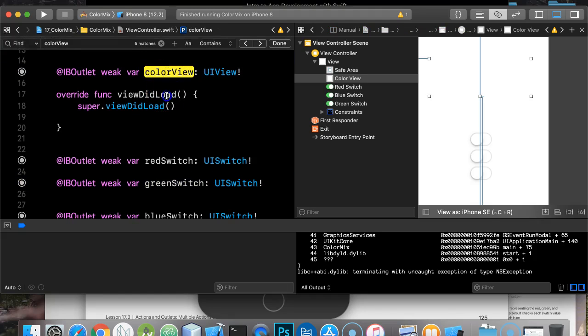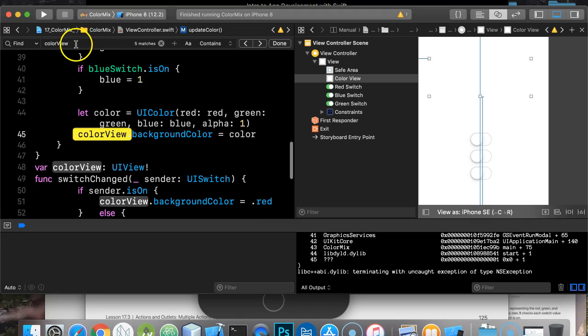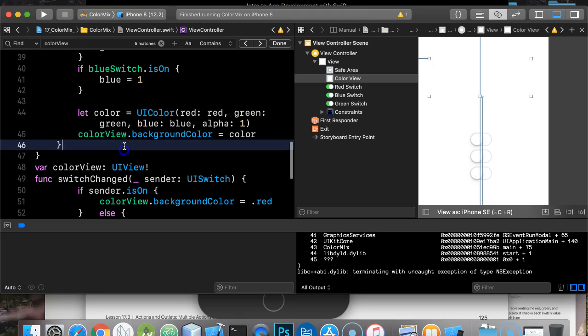So what I did was I double clicked on it. I hit Control C, Control F, Control V, which is copy, find, and I pasted this in the find window. And see, yeah, here's the color view, background color. Okay, so it's